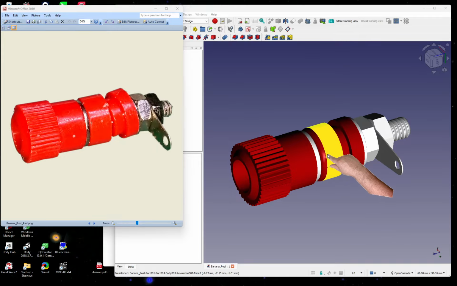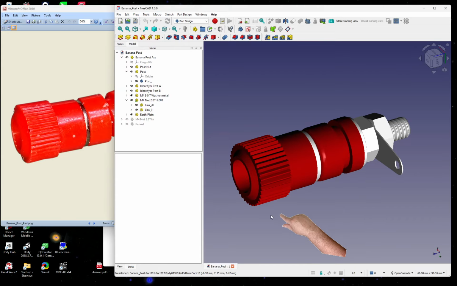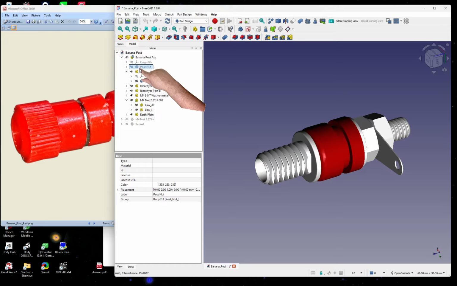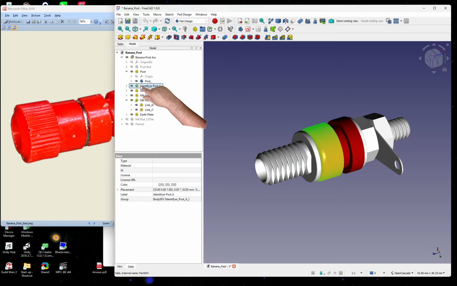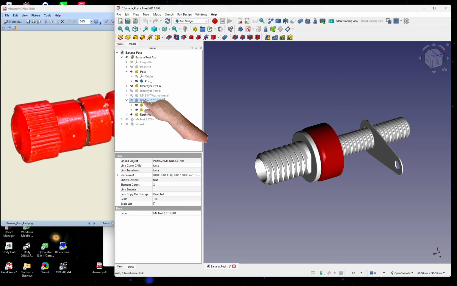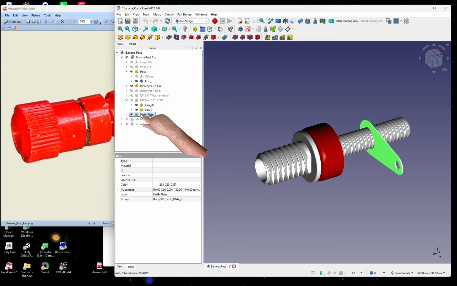So I did this up to, well, let's have a look. What did I do? I did up to the post. I got that. I hadn't done that, and I don't know if I stuck that on. That's just a washer. And then I did the nuts, and I did that piece. So what I thought, well, I'll tell you what I did. I'll just run through how I did the